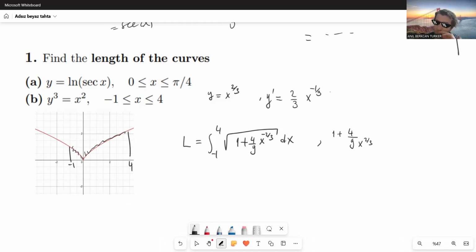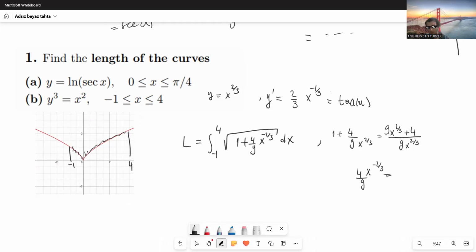No, you don't get anything useful. Maybe if I consider x to the power minus 2 over 3, 4 over 9, or this thing as a tangent squared u,